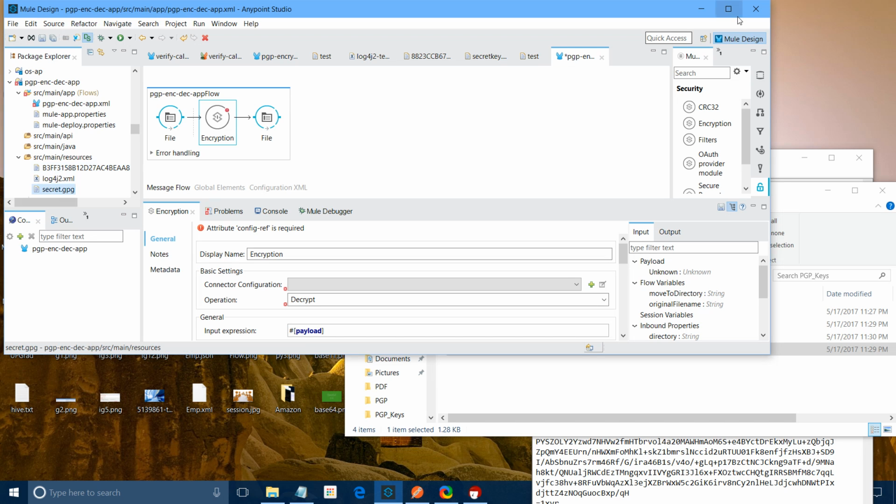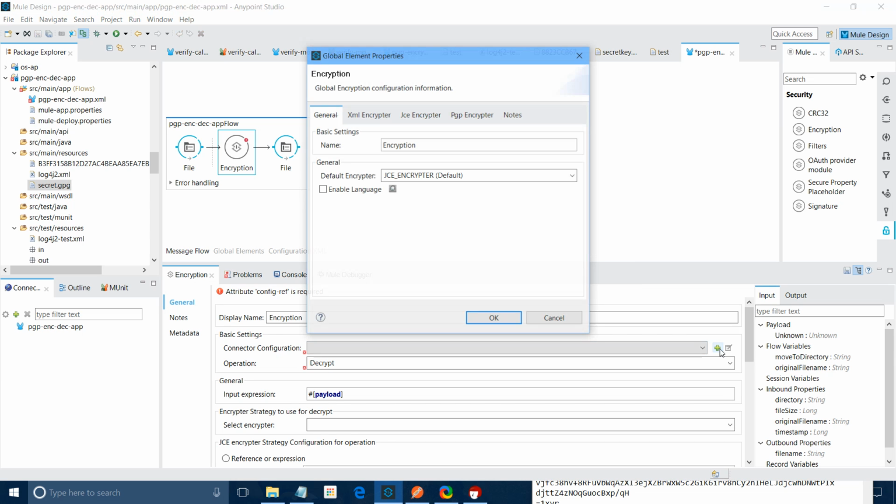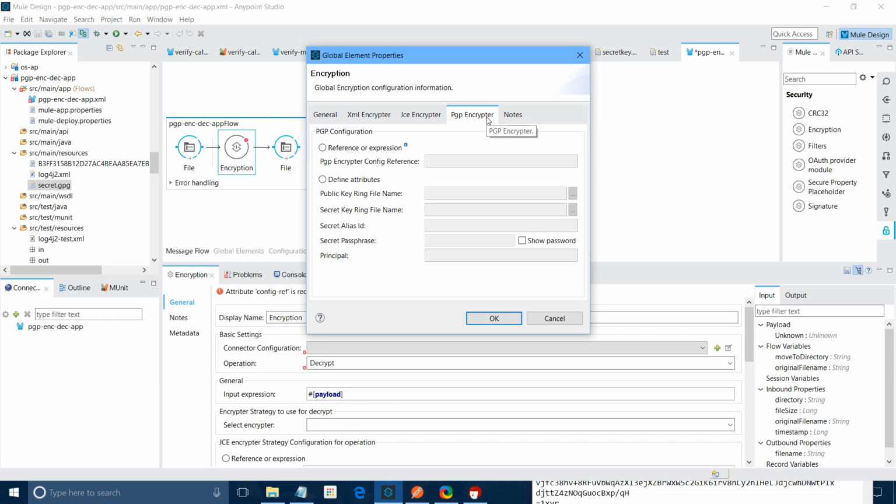Fine. So now I will go to encryption and do the connector configuration. Under connector, the default encryptor should be, I will say, PGP encryptor. Now I will go to PGP encryptor and define my attributes. Here you have to give a public key path. So I will say source main